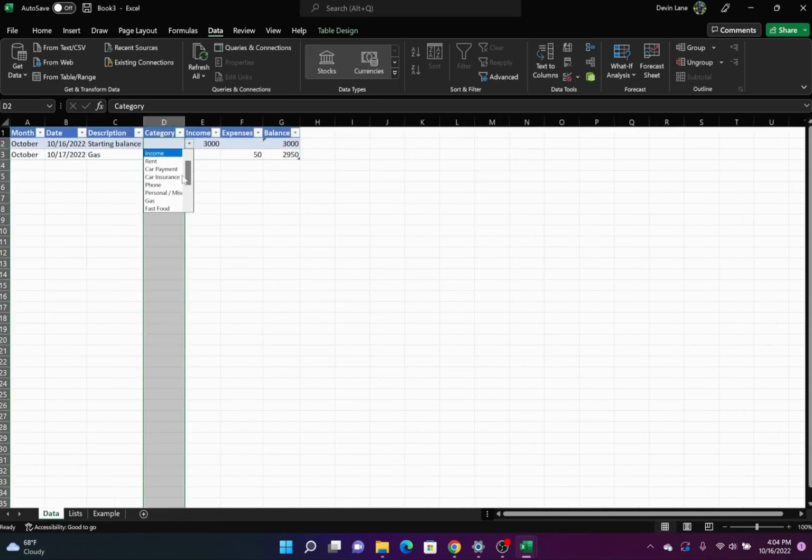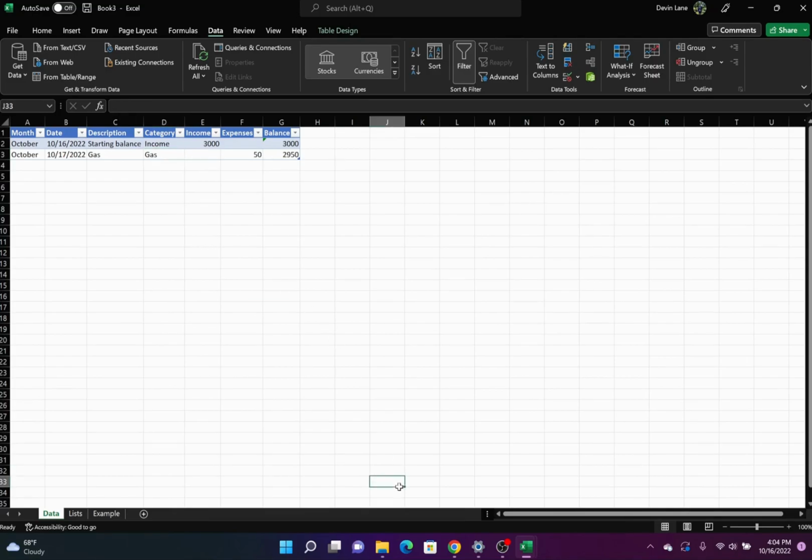And then now you have a drop down list to choose from. So for my starting balance, I'm going to choose income. For gas, I have a gas section, so I'm going to put gas. Now I'm just going to copy and paste everything that I've done previously and put it in here so we can have a better